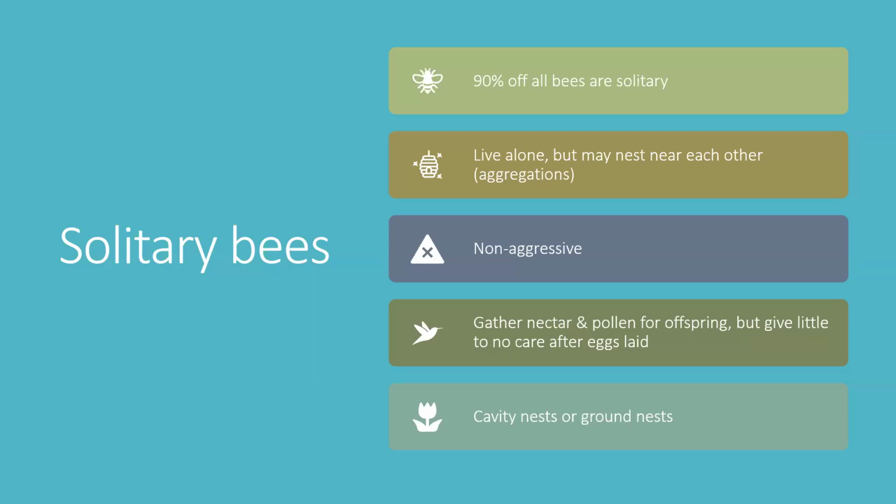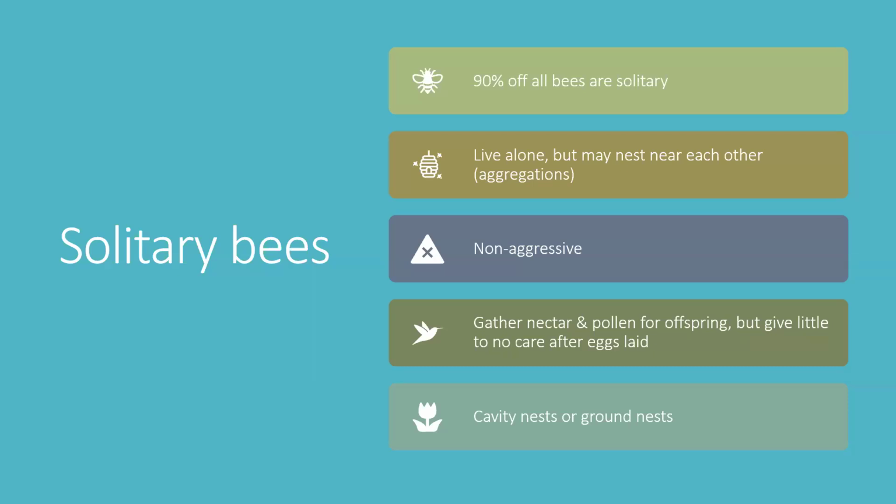A lot of them will live in the ground, and they are solitary, but they will often aggregate. You can equate that to a human neighborhood. You find a good neighborhood and you want to move into it because it's a good neighborhood. Same thing with bees. They find a good area, and so more bees are going to be in that area,